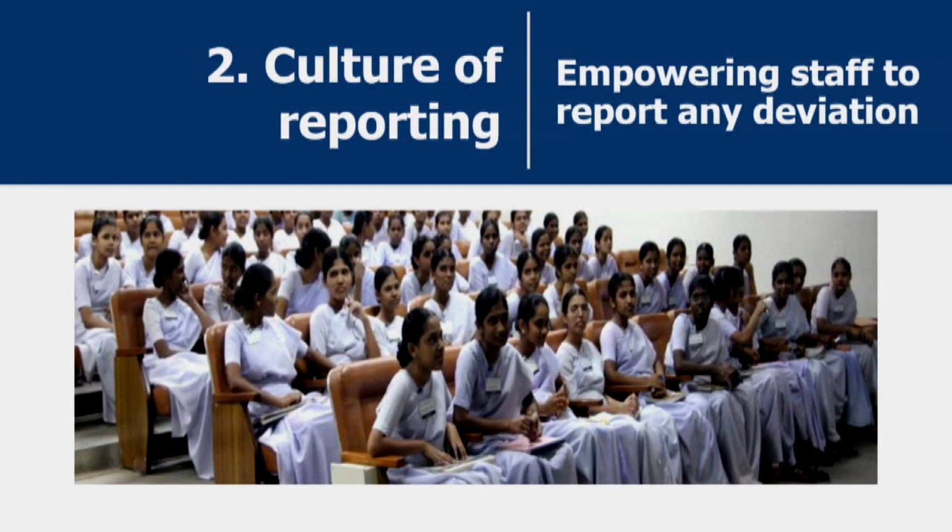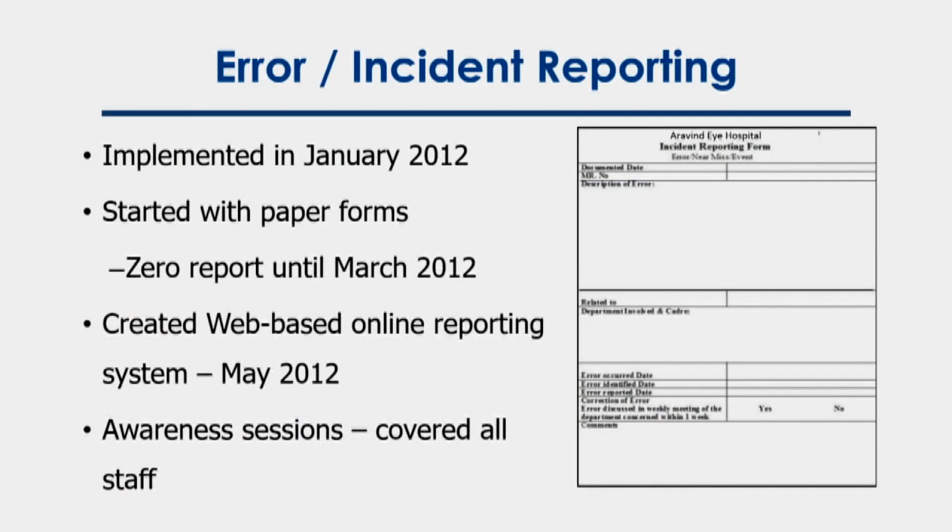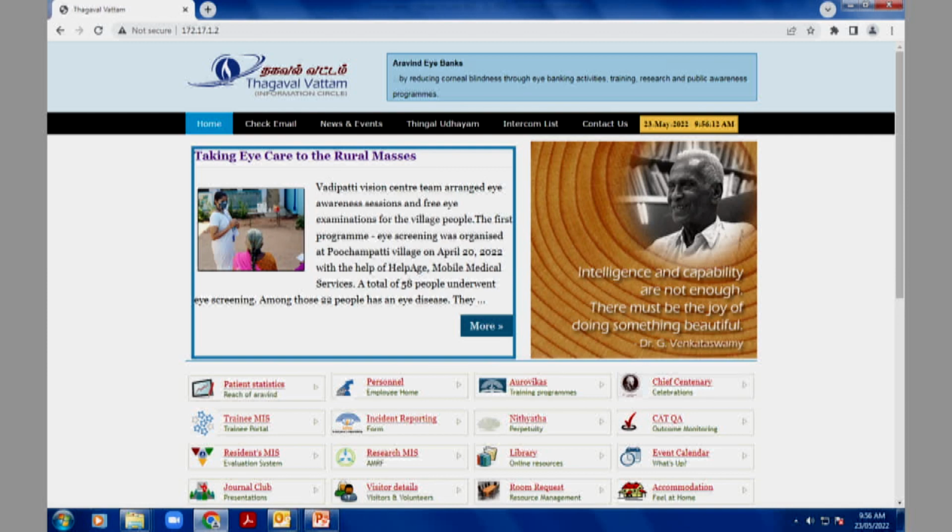The second is, not only telling them they have to report, but we also need to create a system for reporting. So we said anybody can report anything that goes wrong. Initially we started with a paper form, which was finalized during that meeting and implemented across all hospitals, but nothing happened. Nobody reported. But once we went into our intranet system, which we had at that point of time and which was available everywhere,